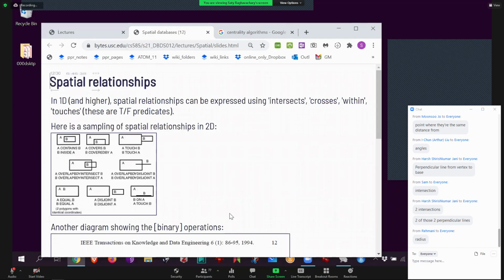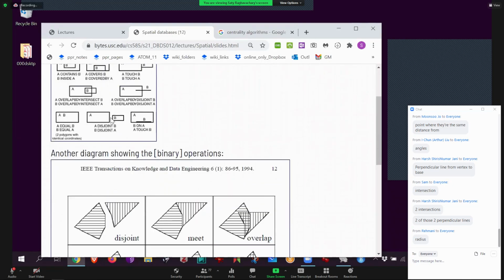Okay, speaking of operators, these are all like Booleans, okay? Spatial relationships. Intersects, crosses, within. Again, you can read up on them, but very briefly is all you need to know. Contains means I'll give you two polygons, and you're not allowed to draw them. You should tell me is one completely inside the other. That's a cool calculation to make. Like is one church, for example, entirely within one county, or is it overlapping some other county? Contains and covers are slightly different. Touch, are they exactly touching? There's no overlap. On the other hand, if one goes inside the other, that is called overlap. And there's different kinds of overlaps. And then disjoint is when there's like a gap between them.